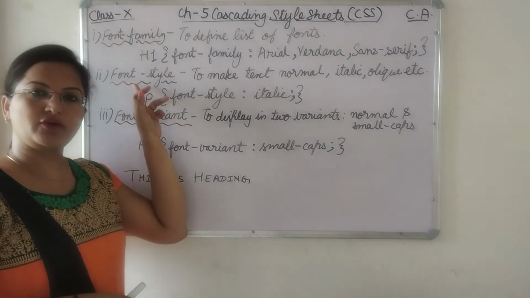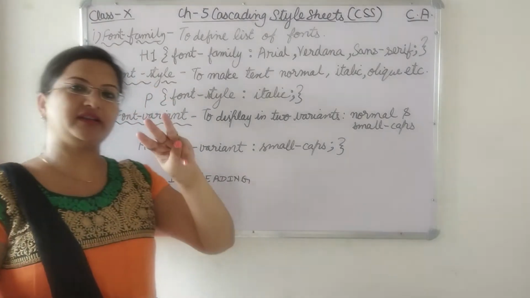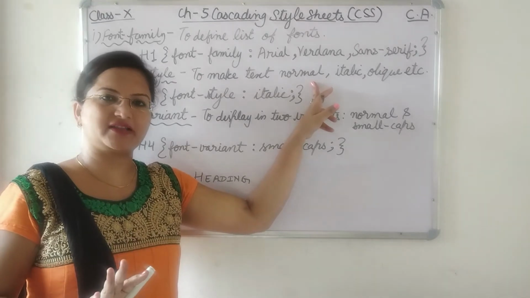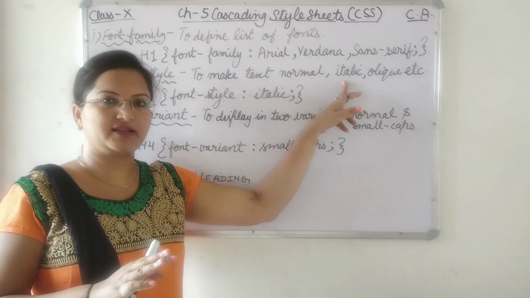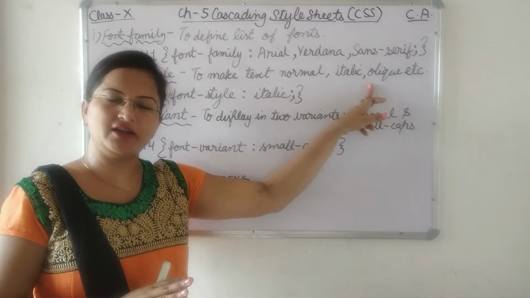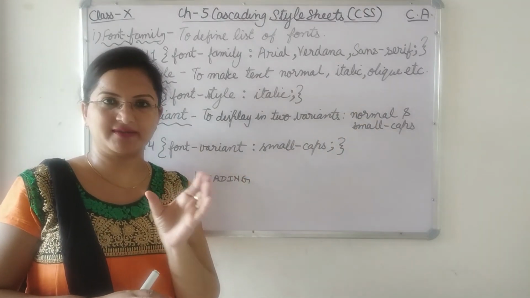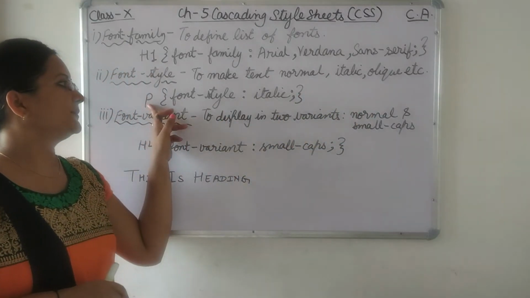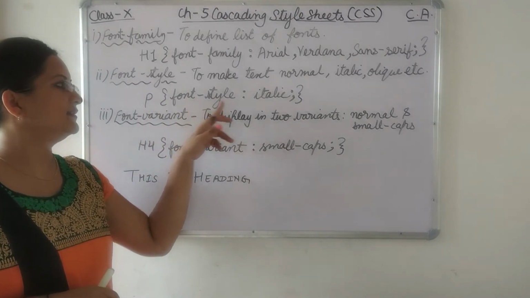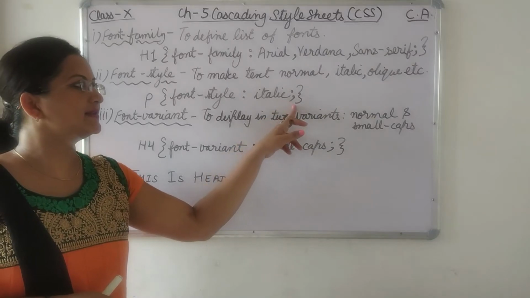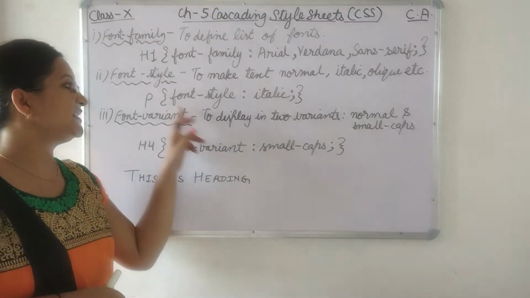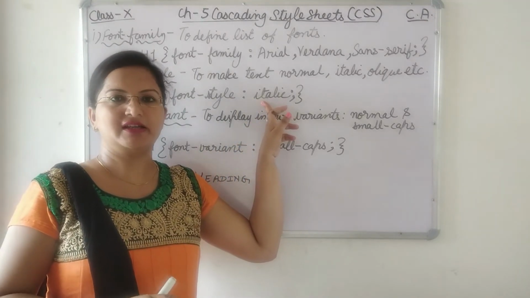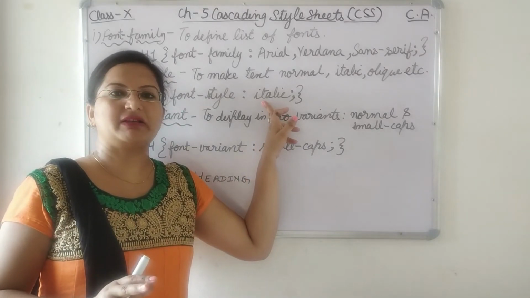Now, then there is font-style. Font-style has only 3 values: normal, italic, oblique. Normal means normal text, not italic. Italic will make the text italic. Oblique will make the text oblique. With oblique, the letters are slightly spacious, bigger in size, and italic also. So it's a combination of all. So P, then font-style, colon, italic, then semicolon, and then curly bracket. That means the paragraph will become italic. The paragraphs which contain the text, that means all the paragraphs in the HTML page will be